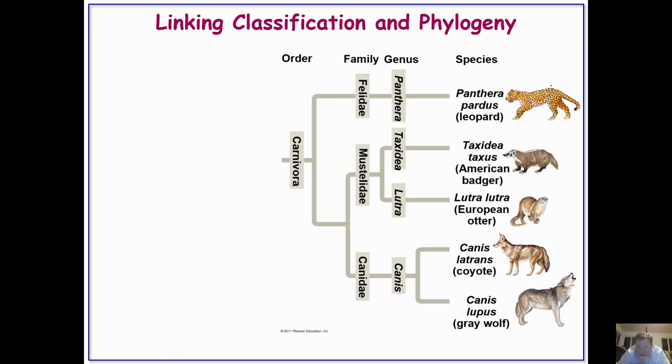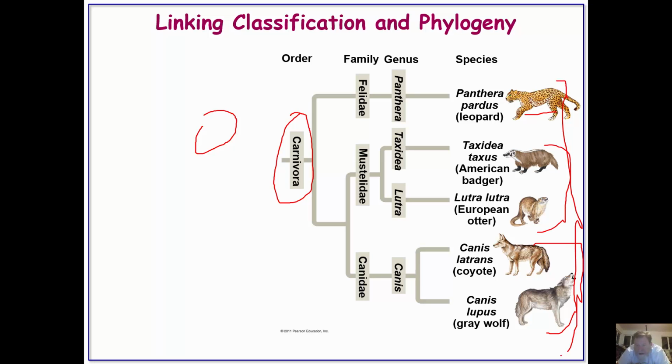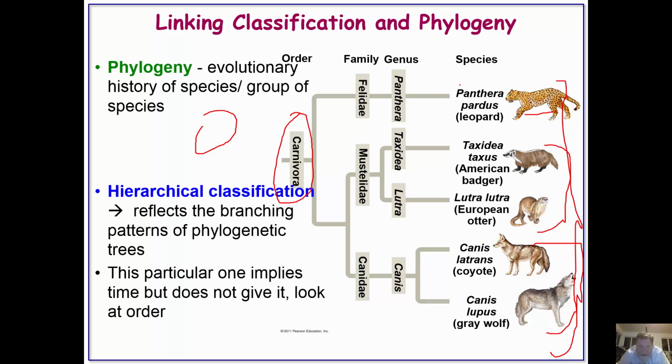Again, we're looking at these different organisms here. They are all the same in that they are all mammals, and they are a part of mammals in that they are Carnivora. Again, we have the cats, we have the weasels, and then we have the dog-like structures. And again, they're all related to one another. We think that they had a common ancestor, and they share characteristics. So what I wanted to get you to do is to think about how we organize things and how we